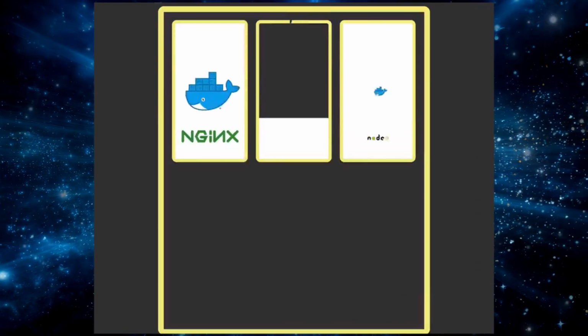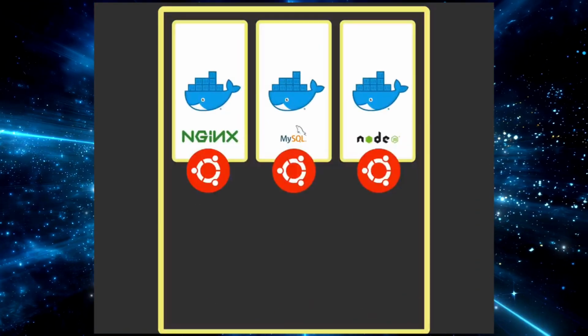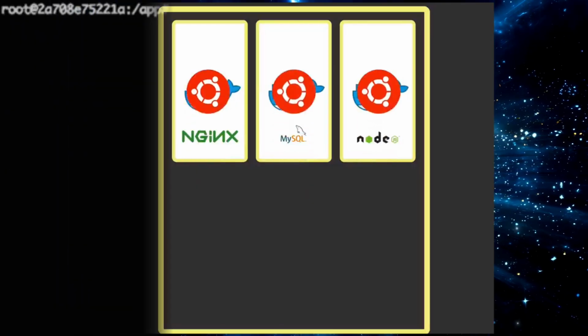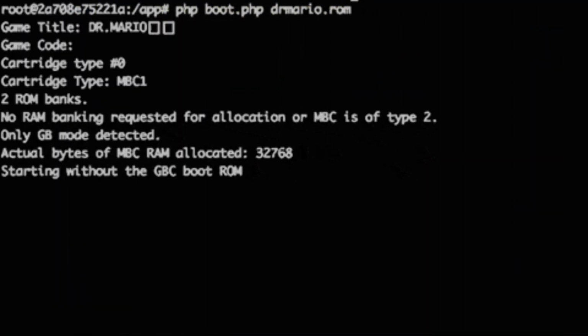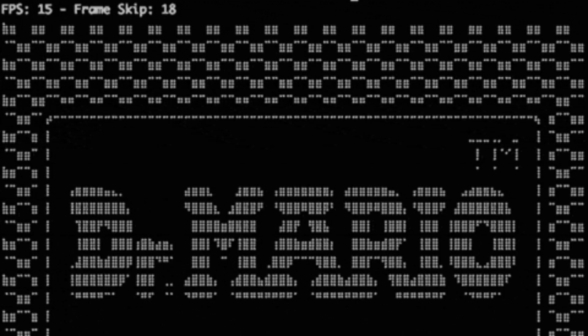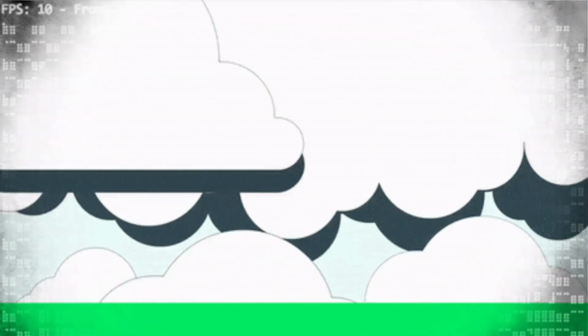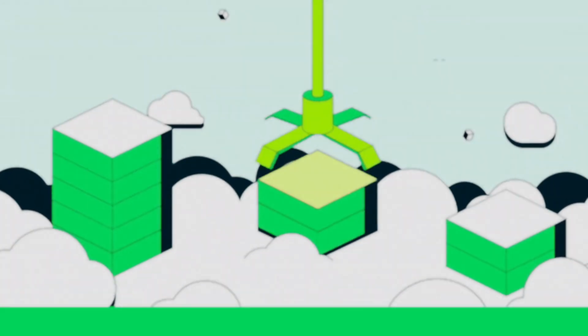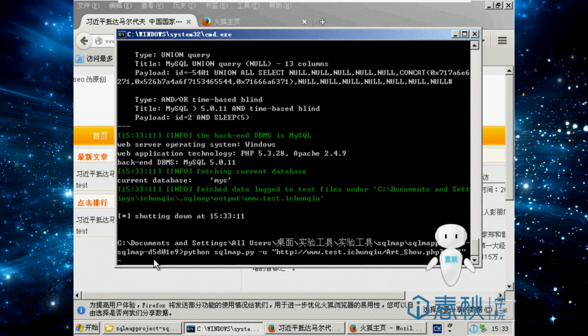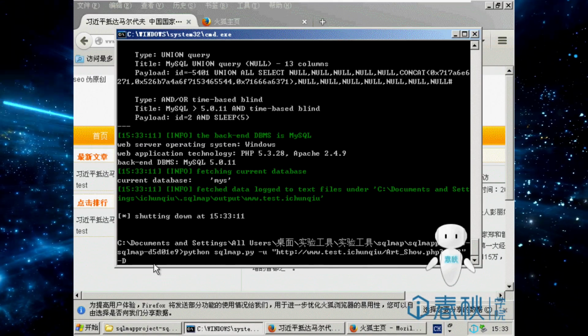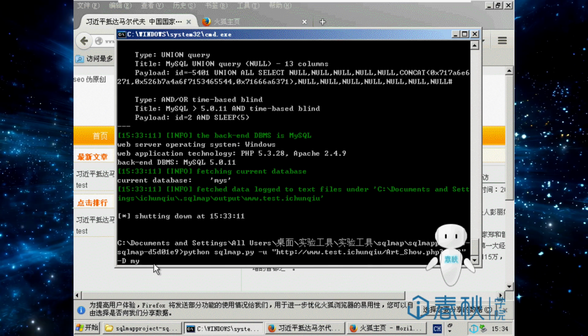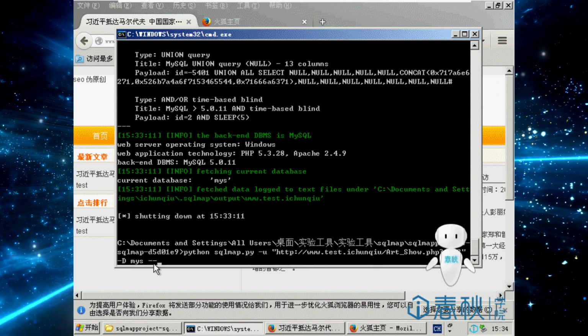Then the VM communicates with the host computer via a translator application called a hypervisor. Docker communicates natively with the system kernel, bypassing the middleman on Linux machines and even Windows 10 and Windows Server 2016 and above. This means you can run any version of Linux in a container, and it will run natively.